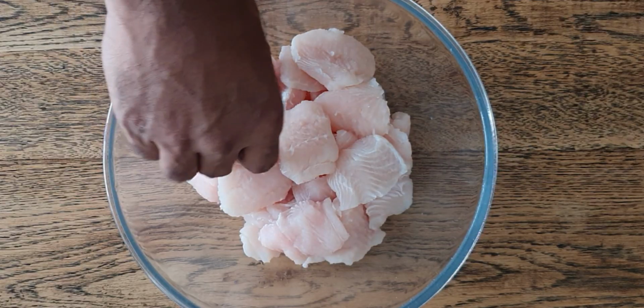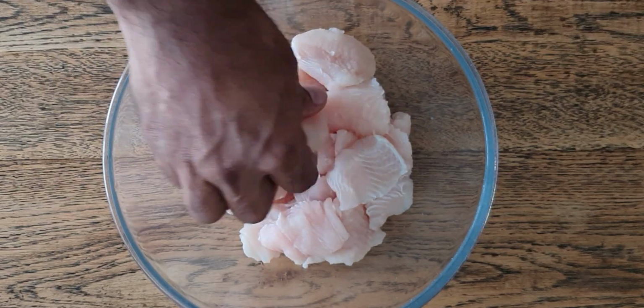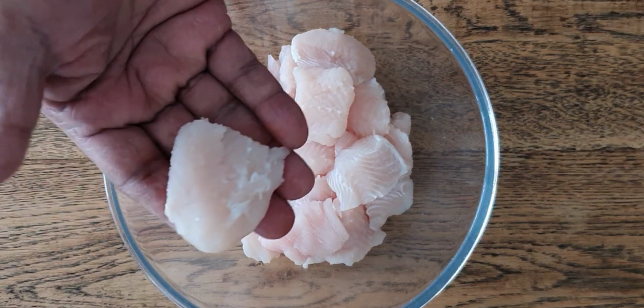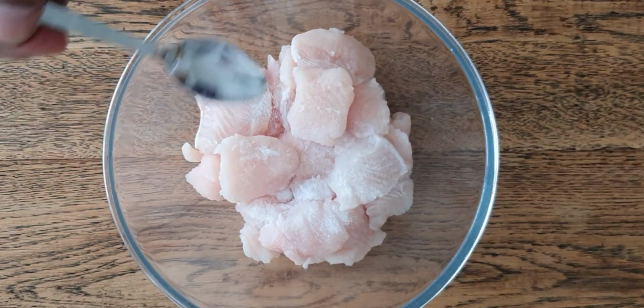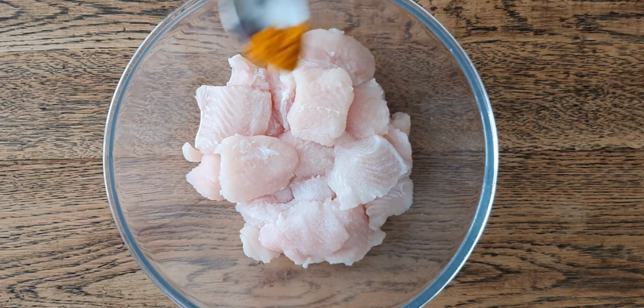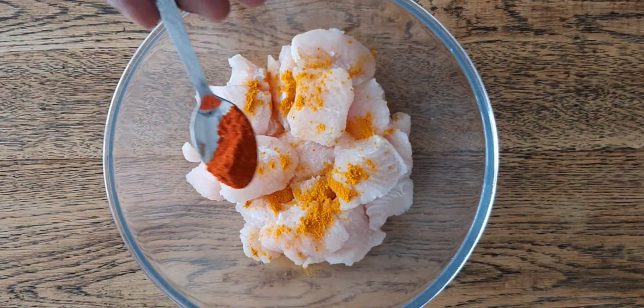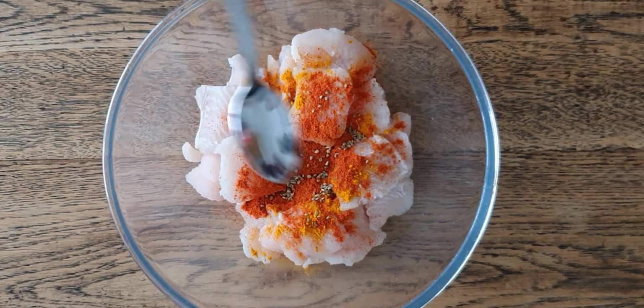So for this preparation, we've taken half a kg of fish and we've cut it into square pieces. Now this is the tilapia fish that we are using, but you can use any boneless fish. And we are going to start by marinating the fish with 1 teaspoon of salt or as per your taste, half a teaspoon of turmeric powder, 3/4 teaspoon of red chilli powder, 1/4 teaspoon of Carrom seeds or Ajwain,